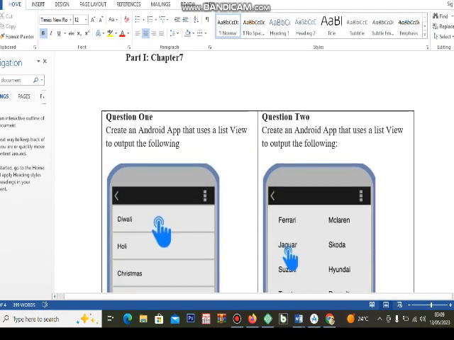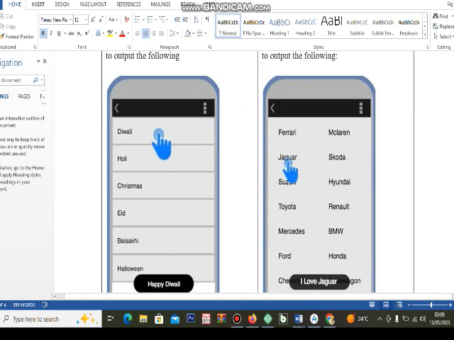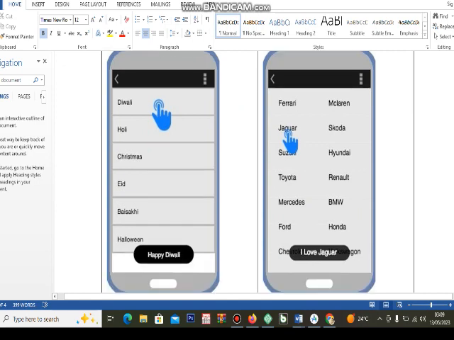Now, in my group, I'm going to be handling question number 1, which says create an Android app that uses a list view to output the following: the words Holi, Christmas, Eid, Baisaki, and Halloween. And on click of any event, the application brings you a happy message for that event that you have entered. So I'm going to